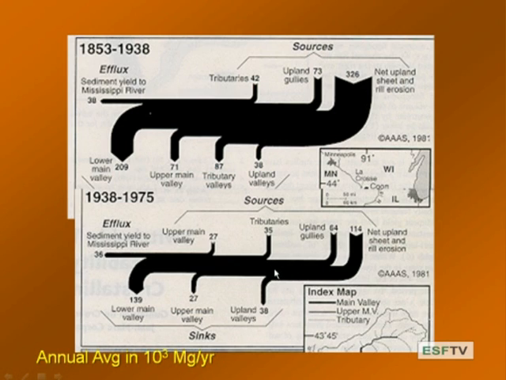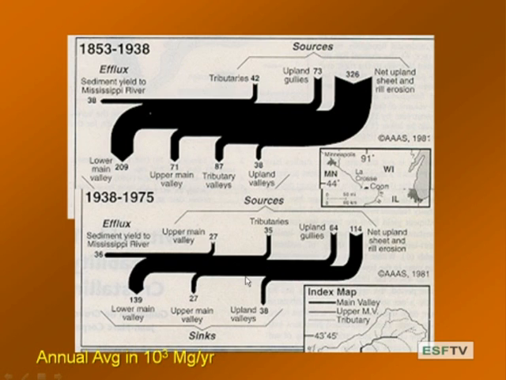But the big difference is in the deposition of material. All that material moving has been slowed. So now in the upper valleys, instead of putting in 71,000 megagrams per year, now it's 27 in this period on the average. In the lower valleys, almost half. So the amount of material moving is smaller. The sinks are still aggrading. There's still sediment flowing into these. So that's 38 to 75.